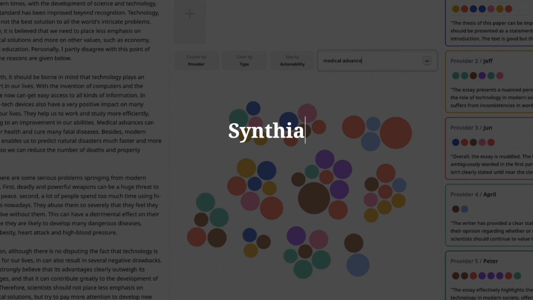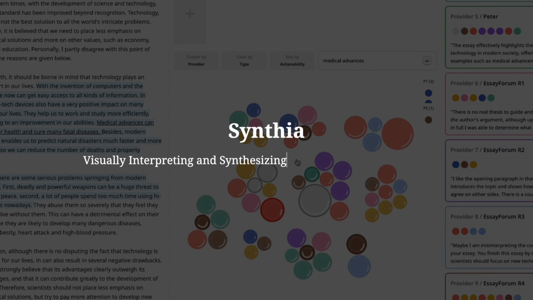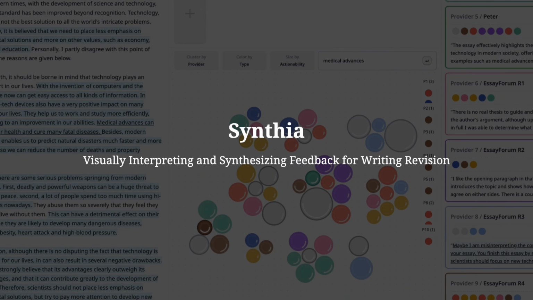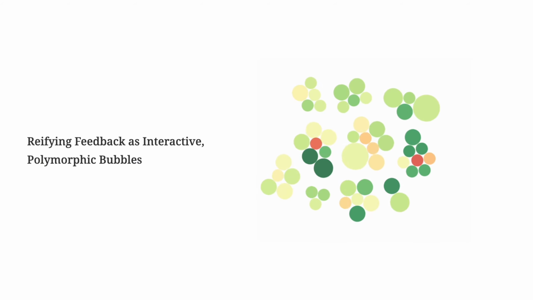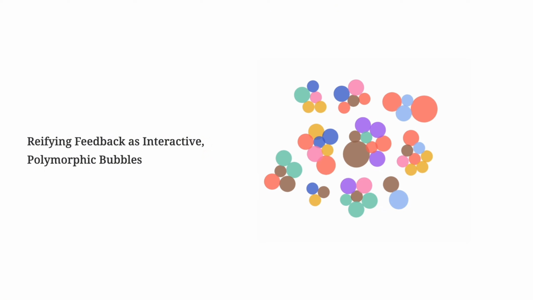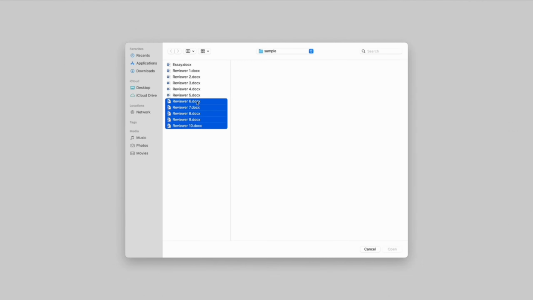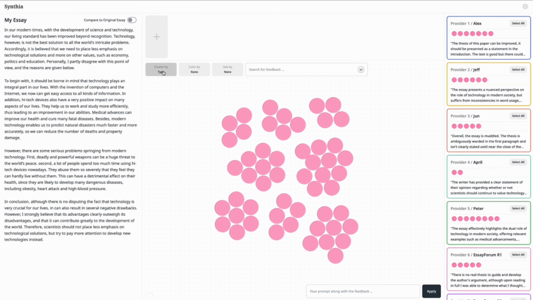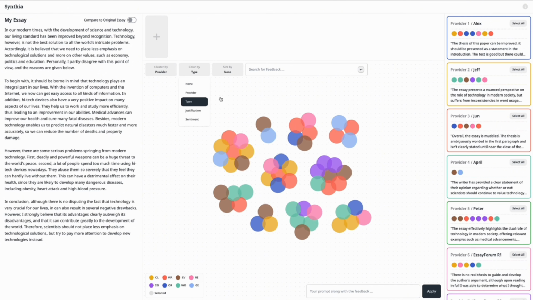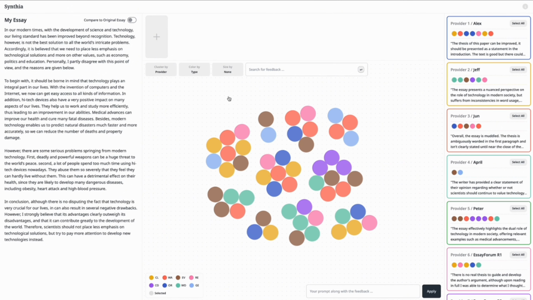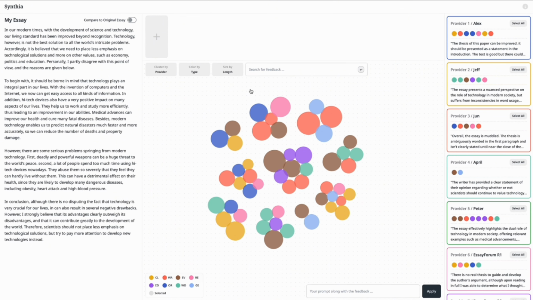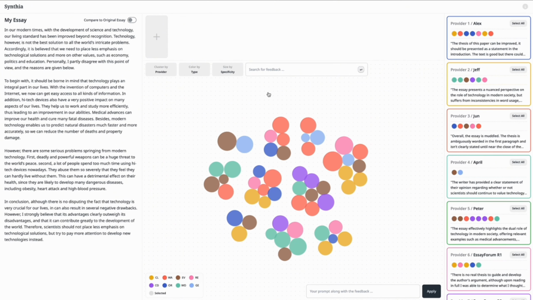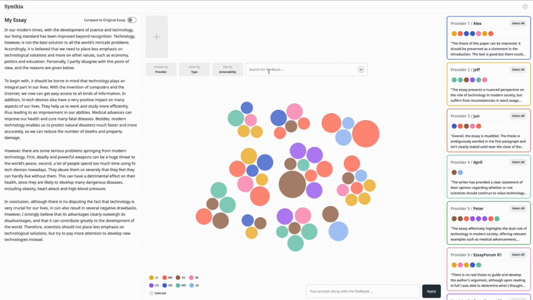We introduce Synthia, a visual interface designed to help writers interpret and synthesize feedback for writing revision. Synthia automatically breaks down lengthy reviews into smaller individual feedback units. Each unit is represented as an interactive, configurable bubble. Users can cluster or color feedback bubbles by provider or type to assess the quantity and nature of each contributor's input. They can also color or resize feedback bubbles based on justification, sentiment, length, actionability, or specificity to evaluate feedback